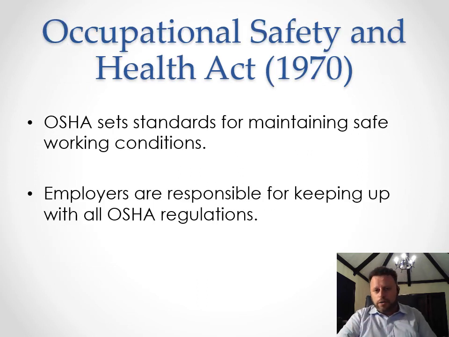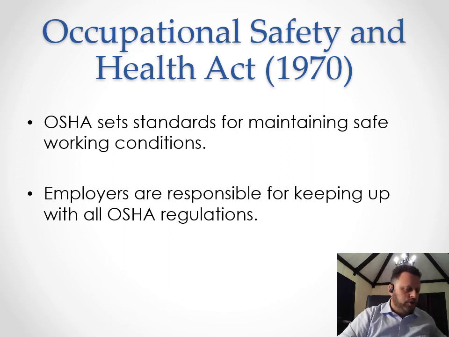Next is OSHA. OSHA is a very important law made in 1970. All of these standards of health and regulations and safety around America are all OSHA standards. OSHA is huge, their organization. And it gives all kinds of standards, whether it's you need to have security doors, you need to have exits that are clearly marked. If the floor is wet, you need to put out some sort of sign. If you're working with any dangerous chemicals or materials, you need to have stations to wash your eyes. You need to wear certain kind of protective clothing or gear, goggles, or anything. Anything related to health and safety really falls under OSHA.